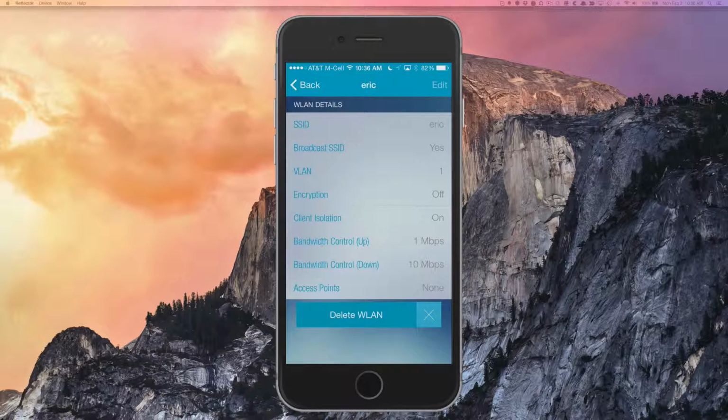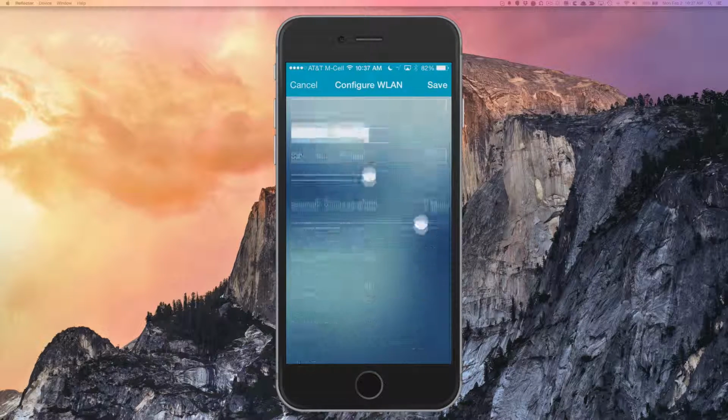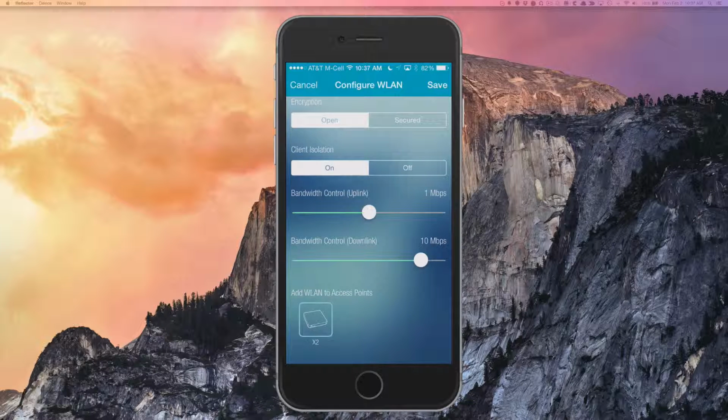You'll see I've got the generic details that are set up. This has not been deployed on an access point yet, so we're going to go ahead and do that by clicking on the edit. Scrolling down to the bottom, you'll see our only configured AP is our XI2, or one I've named X2. So if I were to click on this X2 at the bottom now,